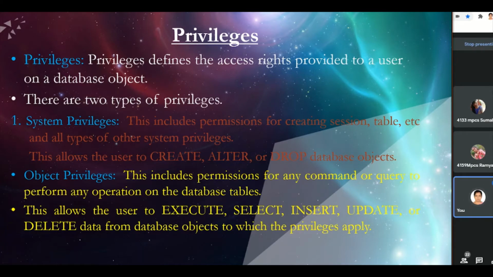Those can be select, insert, update or delete. Select, insert, update, delete are the DML and DQL commands, and the execute command is also included in the object privileges. These commands can be allowed to a user by using these object privileges. Okay, privileges means defining the access rights provided to the user on the database objects. The objects may be the tables, views or databases.